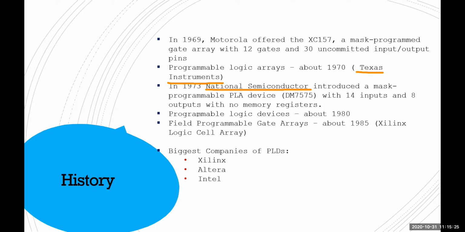The actual programmable logic device was created in 1980. Field Programmable Gate Array, FPGA, very important. Field Programmable Gate Array was created in 1985 by Xilinx, one of the leading companies in FPGA production. They are even better than Intel. You already know about Intel, right? But you do not know about Xilinx. Xilinx are much better than Intel. But they do not make consumer level CPUs. They actually make more sophisticated devices like FPGA, PLD, those sort of things.